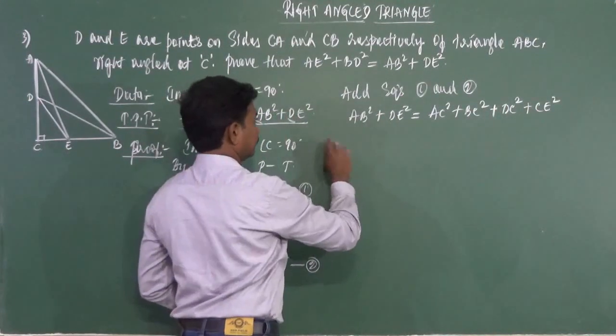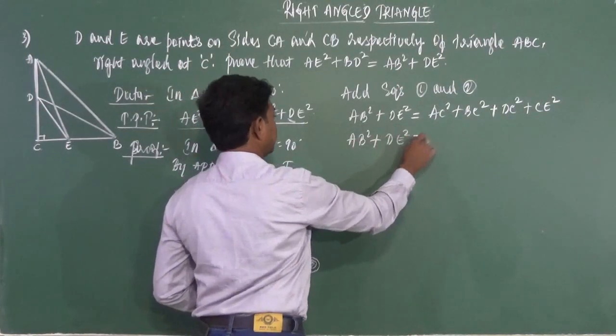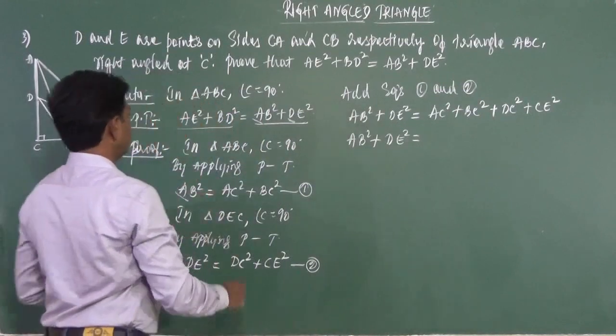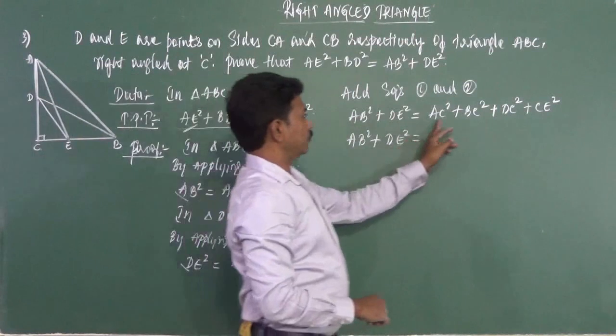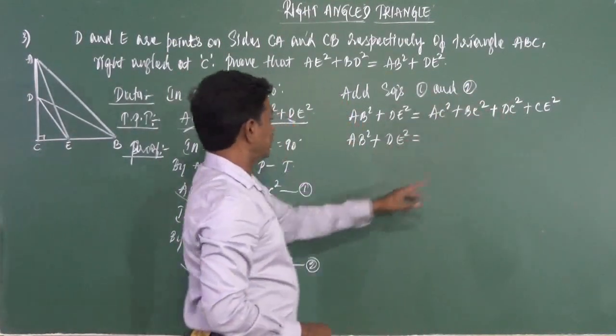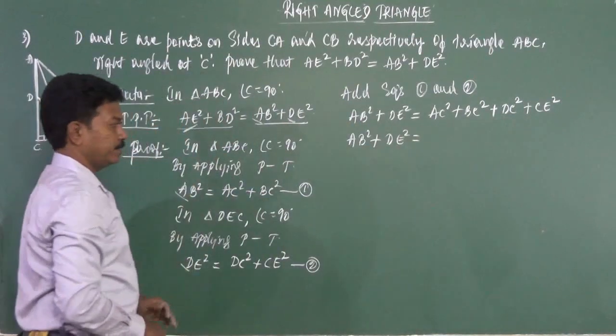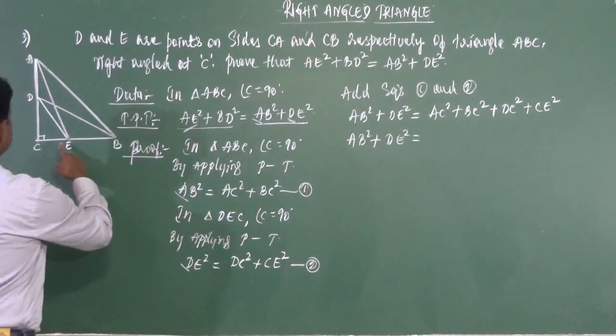So this is the final step. AB square plus DE square is equal to... look at the problem, we need AE square. So out of these 4 elements that we find in the RHS, which 2 elements, when we add, give us AE square? That's very important. That's how you have to look at it. So if you want AE square,